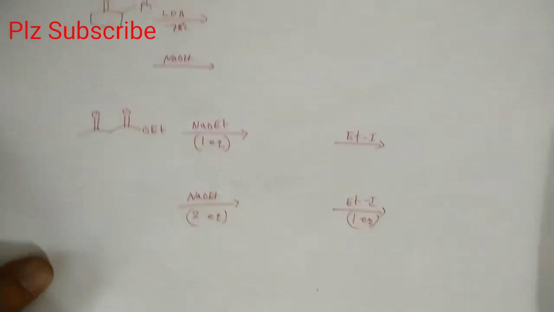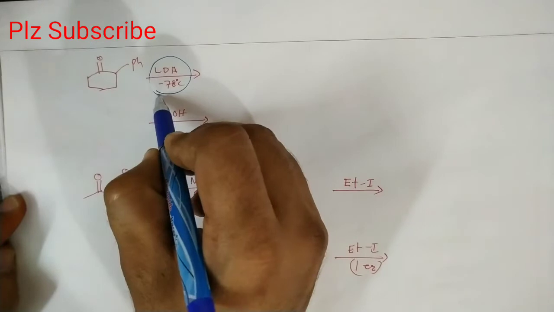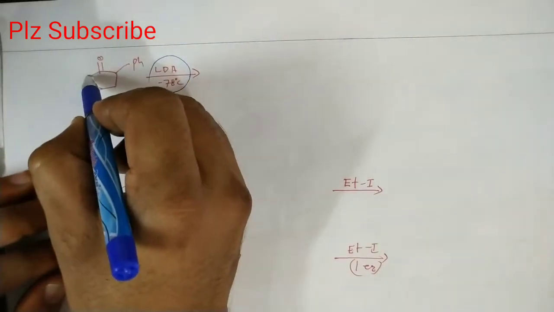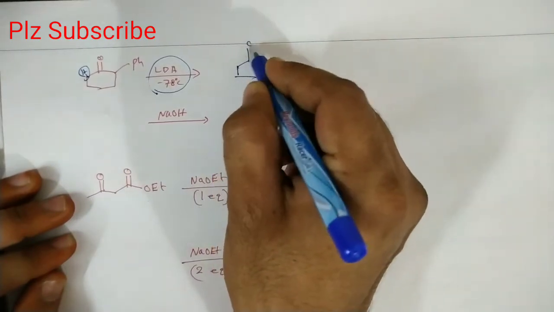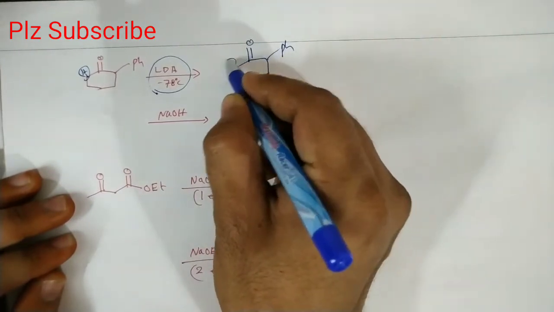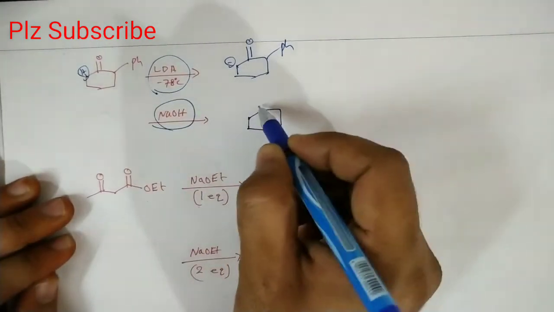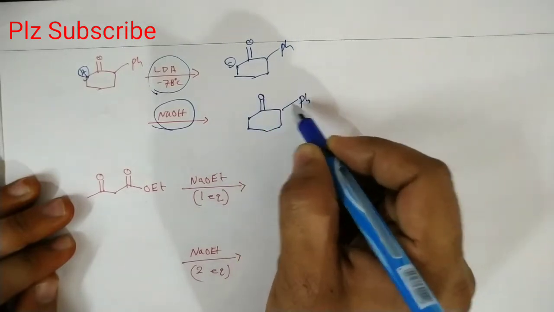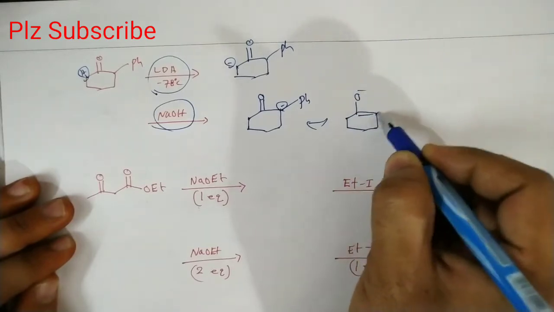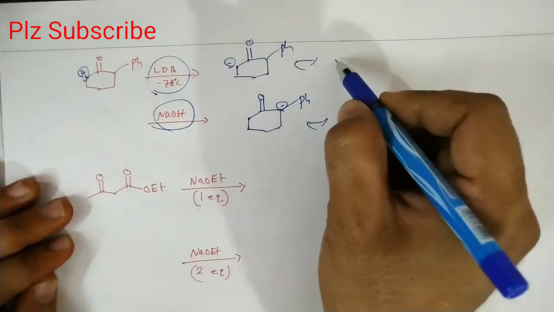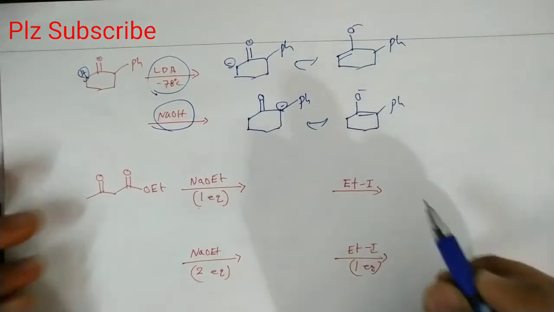Now let us discuss some more examples of these alkylation reactions. So here in this case LDA at minus 78 degrees centigrade removes the hydrogen from this carbon, so the less substituted carbon, so double bond O here, Ph here, negative charge. Okay, so by using NaOH, that gives the more substituted enolate, so that means this one. Of course here by enolization we will get the more stable enolate, but in this case the less stable enolate, pi bond here, this one Ph.